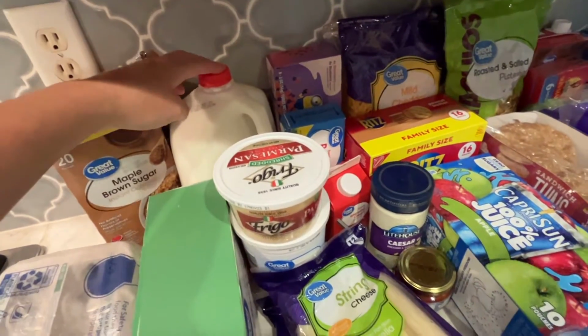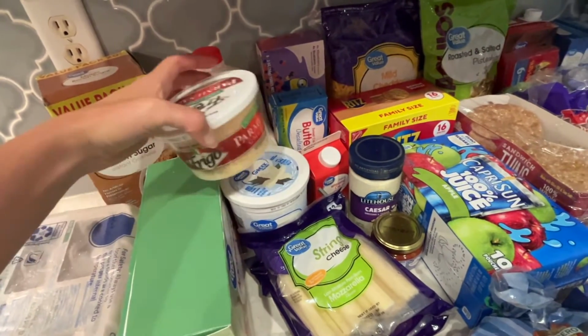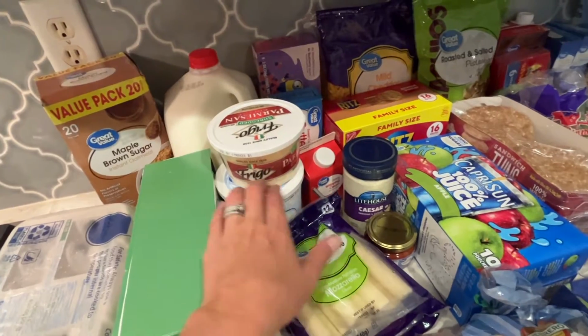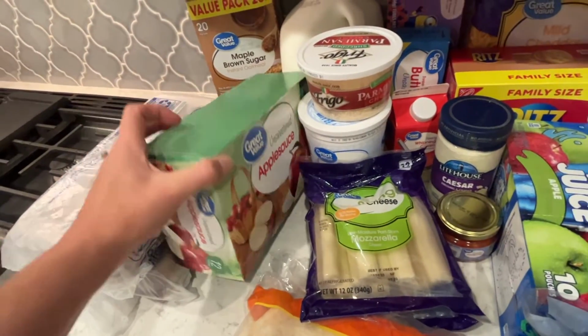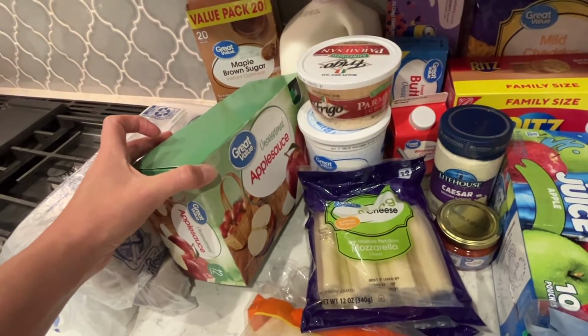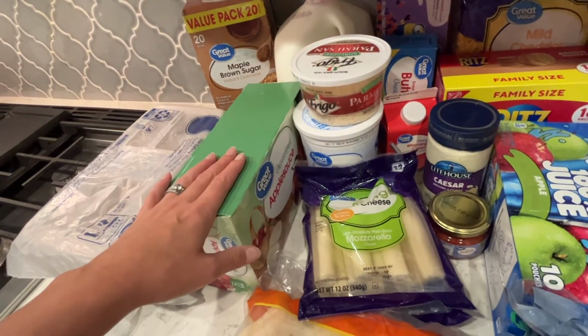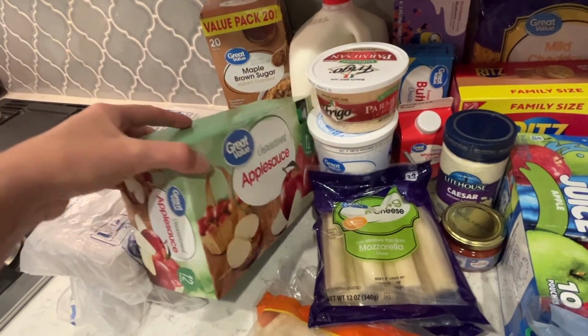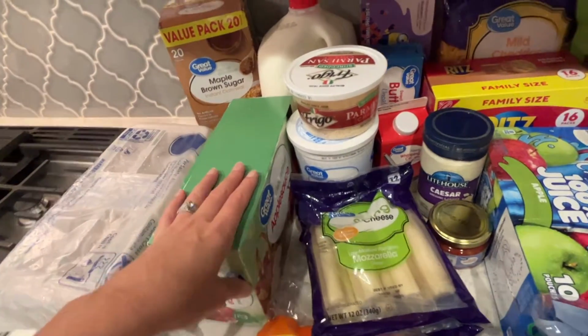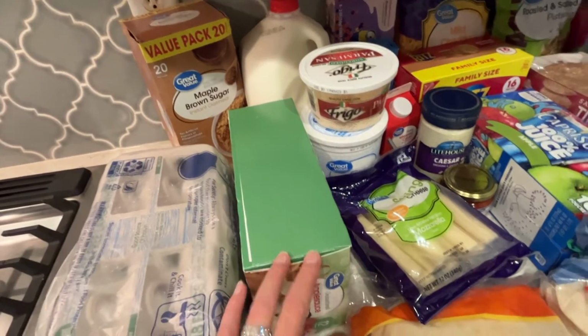Our milk for the week, Parmesan cheese for my Caesar salads, Greek yogurt, box of applesauce pouches for snacks. Another great snack I can throw in Zachary's backpack. Benjamin doesn't like applesauce pouches, but Zachary sure does. So I throw these in his backpack for his snack if he needs it, if he doesn't eat the school